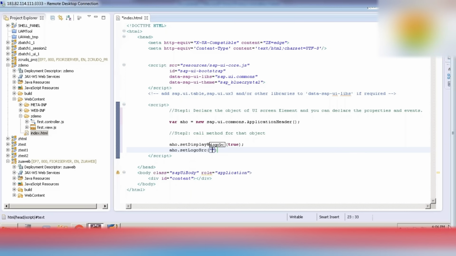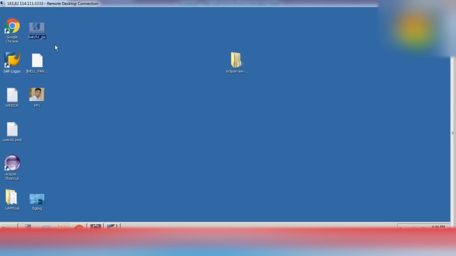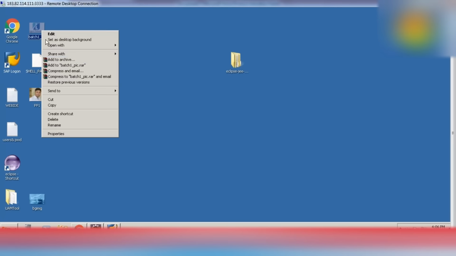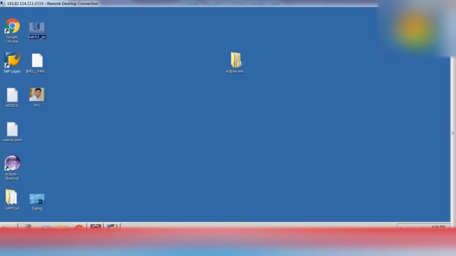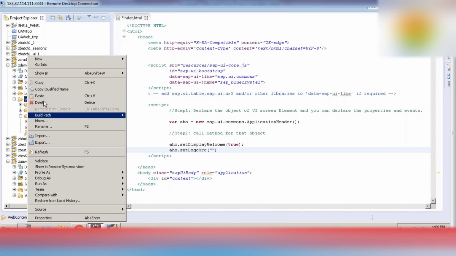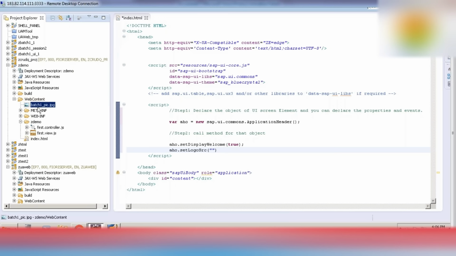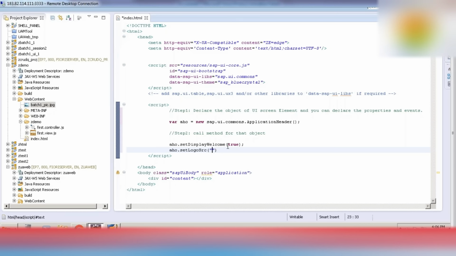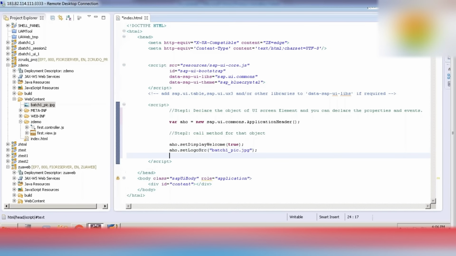To use any kind of picture, you have to copy that picture. Here I am copying this image, and you have to paste it under the web content folder. Batch on underscore pic is my image. Here I'm going to use that as our application header logo. Batch on underscore pic dot jpg. Application header object